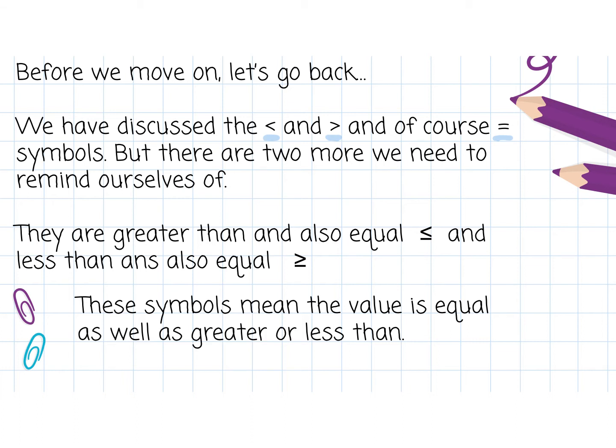But what we haven't talked about are the two additional types of inequalities that we can have. They are greater than and also equal, which is this one, and less than and also equal, which is that one. These symbols, what they mean is that the value is equal at a certain point as well as greater than or less than. So what do you notice about the difference in these two things? Well, it's very clear that the ones up here